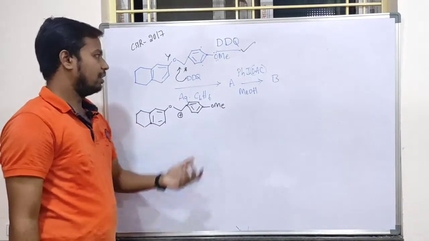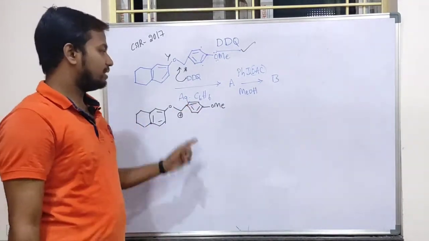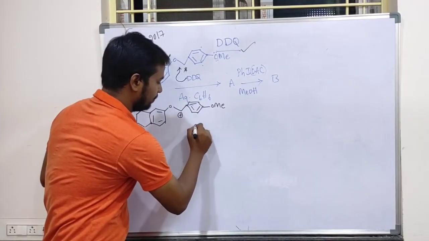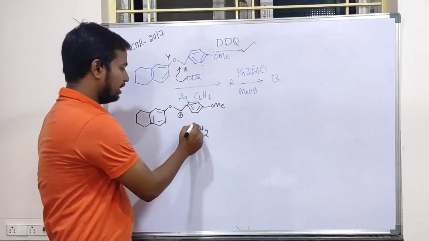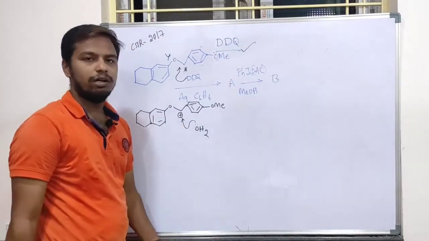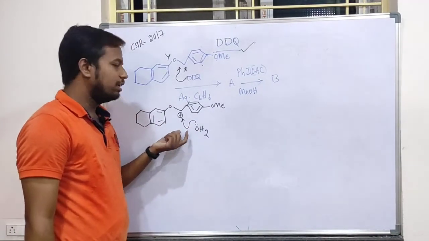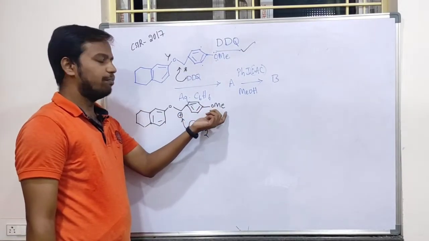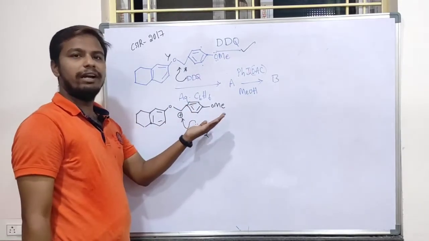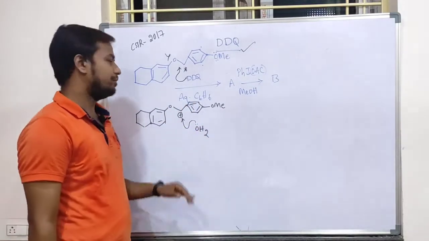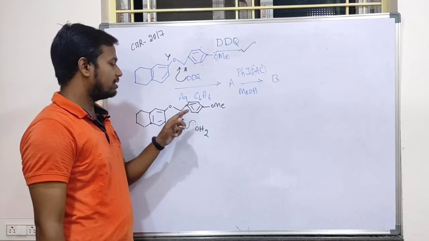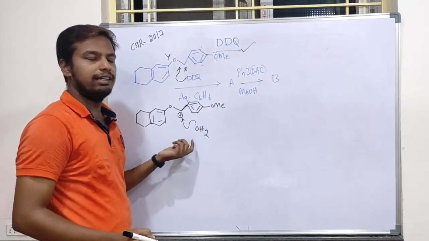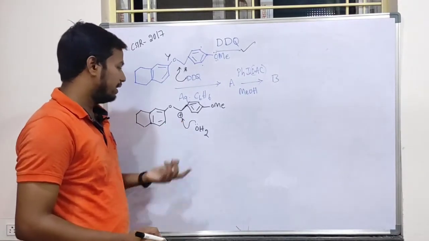Methoxy group. Okay, so we have taken aqueous benzene. So aqueous benzene means there will be water molecules. That water molecule will attack this electron deficient carbocation. That carbocation is stable. Why? Because the methoxy group is donating its electron density towards the ortho and para positions. So this carbon is electron rich, in turn making this a stable carbocation, that is, a benzylic stable carbocation.